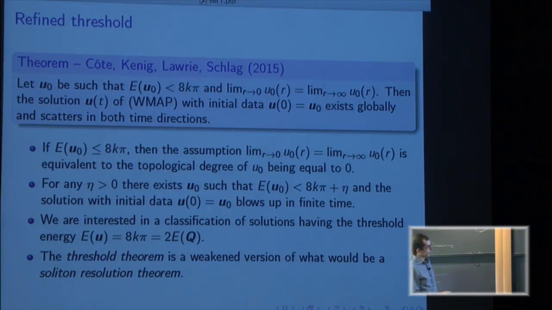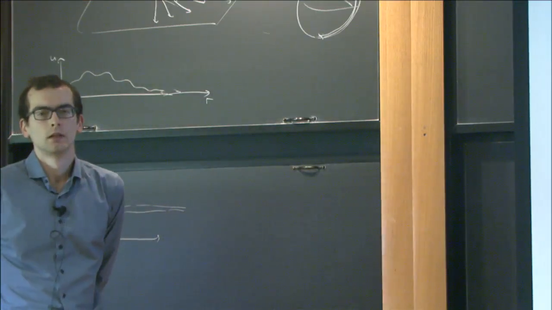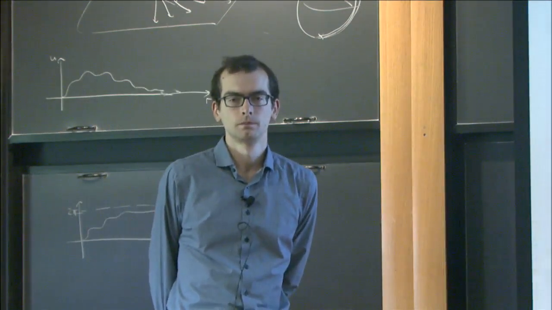But with this additional assumption that energy is at most 8kπ, this is equivalent. Okay, so in this sense, this follows this intuition that we need topology to be trivial, and with trivial topology we cannot have a non-scattering solution of energy 4kπ. Before you go on, could you remind us, I believe there are blow-up solutions to